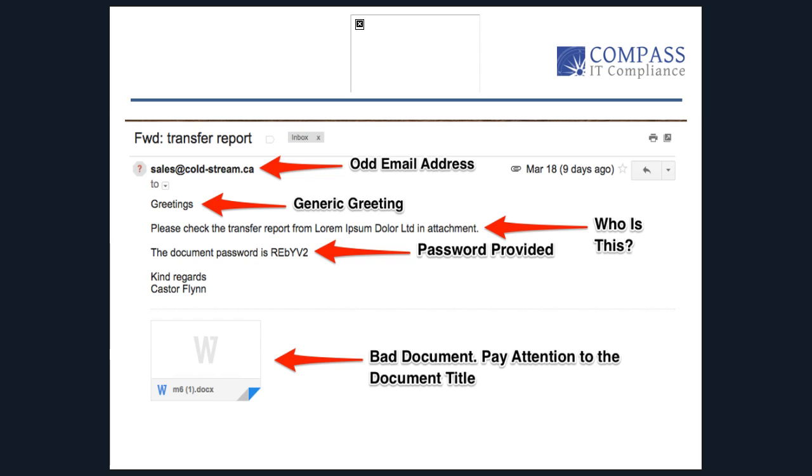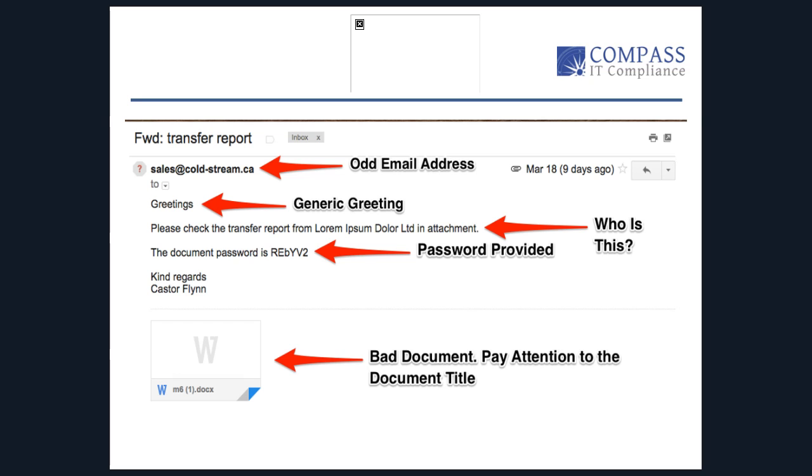So the next few slides here, we got a couple about what these phishing emails look like and what to look for. You'll see all these highlighted arrows. These are things that really stand out. I've seen this in different manners. We have the password provided in an email with this document. So, it must mean that this document is really secure.